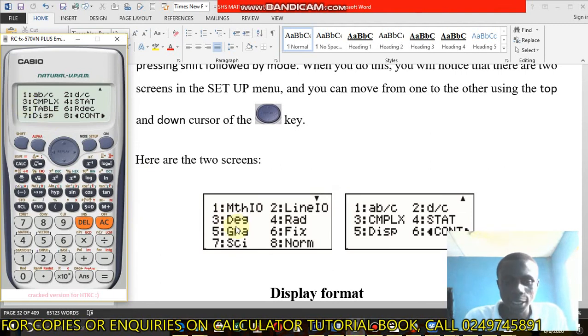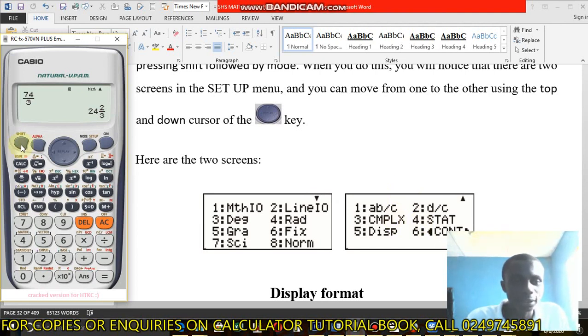Okay, now let's deal with, for example, number 1. Let's say we have a fraction, 74 divided by 3. When we press the equal to sign, we get 24 whole number 2/3. We are getting this because I have already set my calculator in this mixed fraction mode.